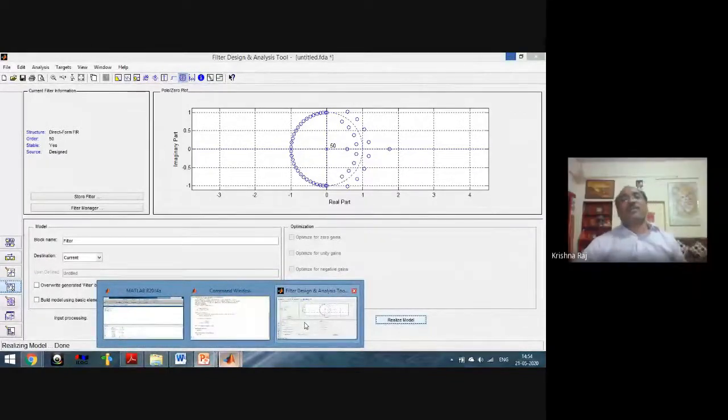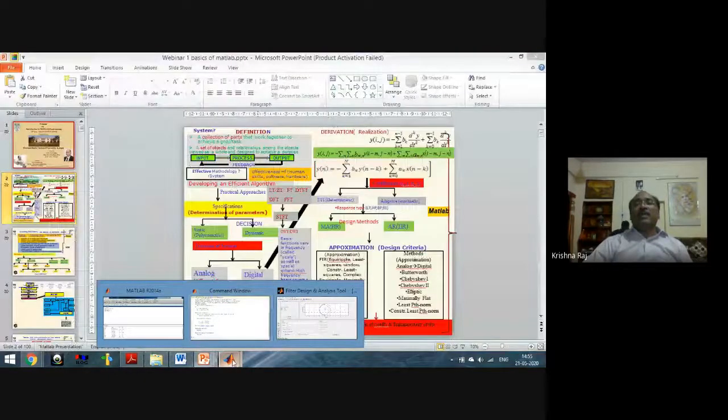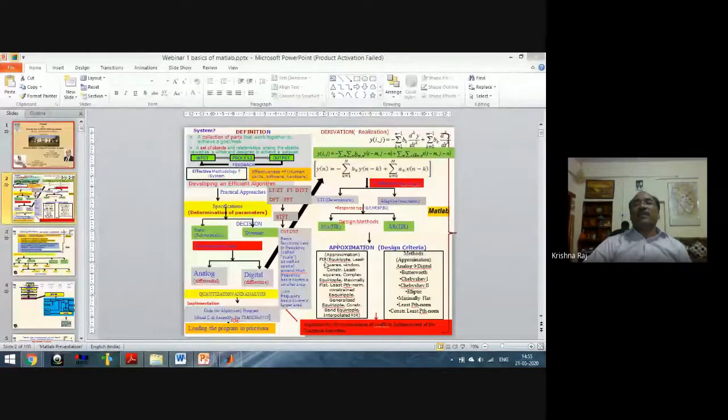No, approximation is different, and I think you are discussing quantization. Approximation is a method, an optimization method. For example, we have taken the example of approximation to design the FIR and IIR filters using different methods. Approximation is a type of transfer function, a type of algorithm given by mathematicians and scientists. Whatever we have derived here will be mapped to these approximations, right? So that we can get the roots according to those algorithms. Then we apply quantization in order to decide the values of the coefficients and the signals.